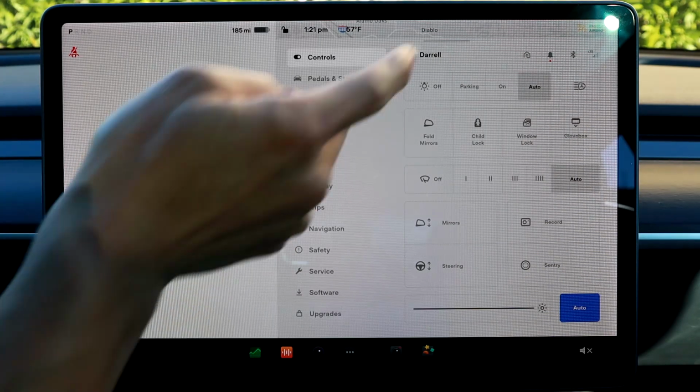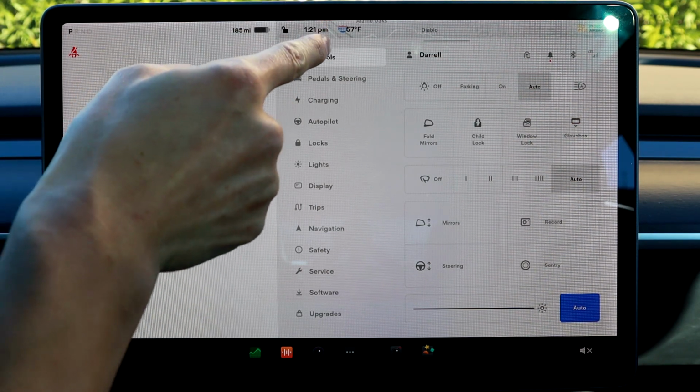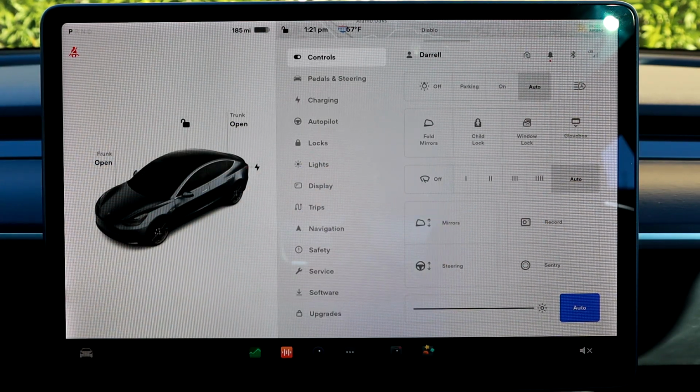So as you notice, there's no more icons up here for the Sentry mode and Dashcam. Basically what they did is they buried it in a menu like everything else for version 11. So if you go down to the car button here, you'll notice that on this control screen, the first one that pops up, the Sentry mode and Dashcam are there. And so basically just a couple quick facts is,